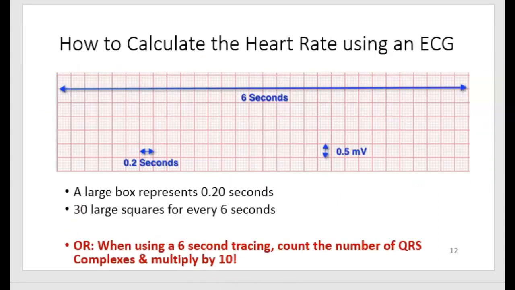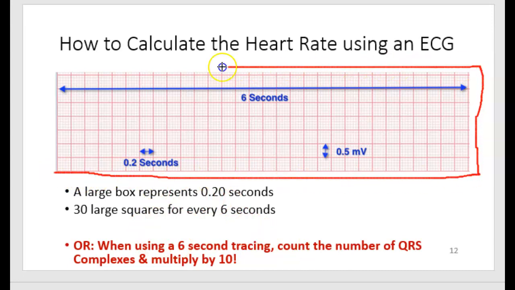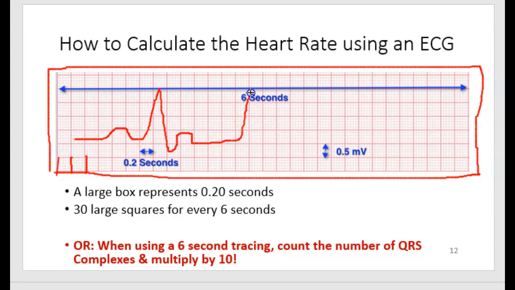Now in lab, we're going to get a chance to work a little bit with ECGs and calculate heart rates using ECG, so I just want to introduce it to you. This tracing has no graph on it, but if it did, and if it was real, it would have lasted 6 seconds. One large box is 0.2 seconds, not that that matters. When we calculate heart rate, we do it per minute, which is 60 seconds. So if I were to draw a number of